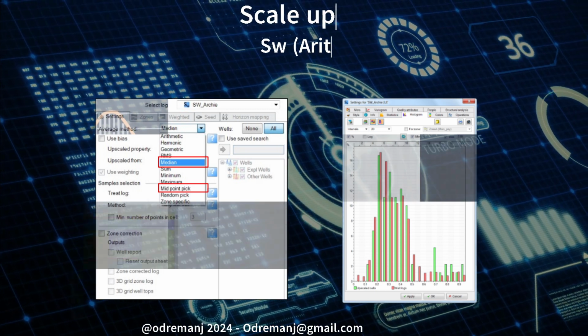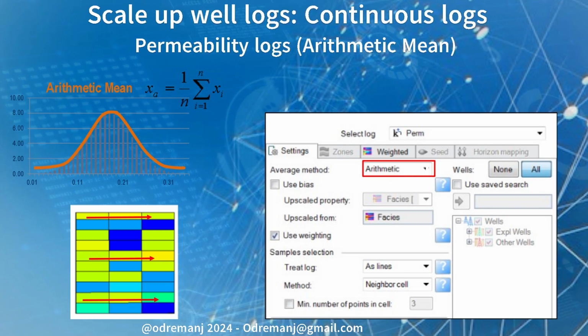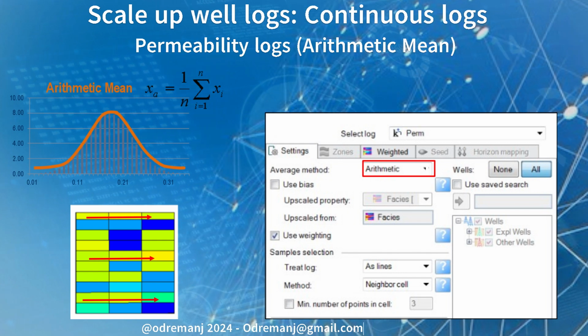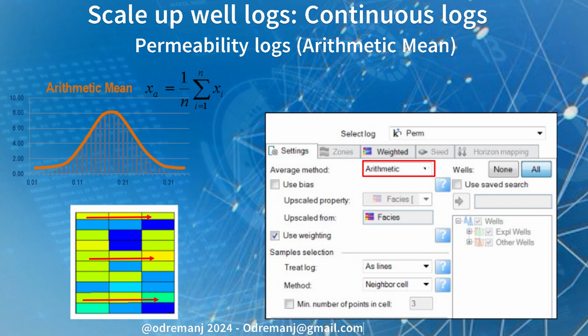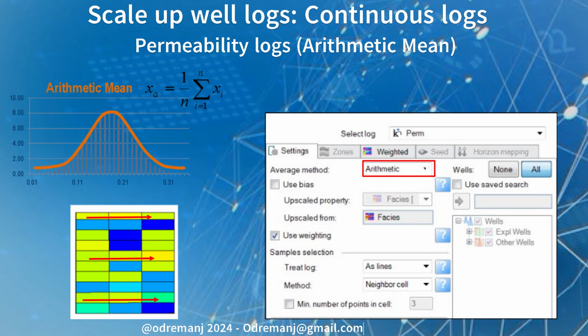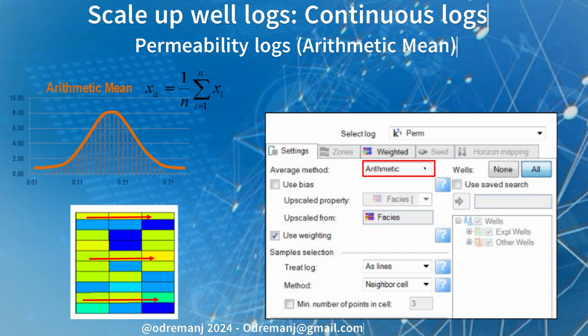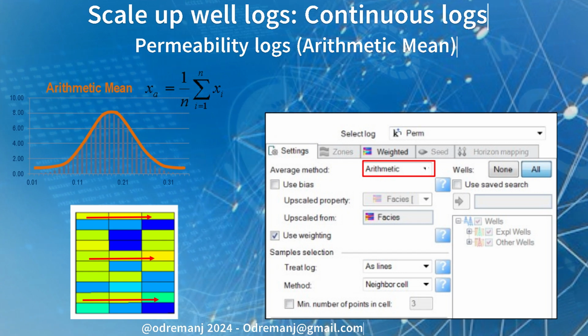conditions in your model. Permeability controls how fluids move through the reservoir. While the arithmetic mean is useful for homogeneous layers with horizontal flow, it can lead to overly optimistic results when modeling permeability. For most cases, a more nuanced averaging method, like the harmonic mean, is better for capturing vertical permeability